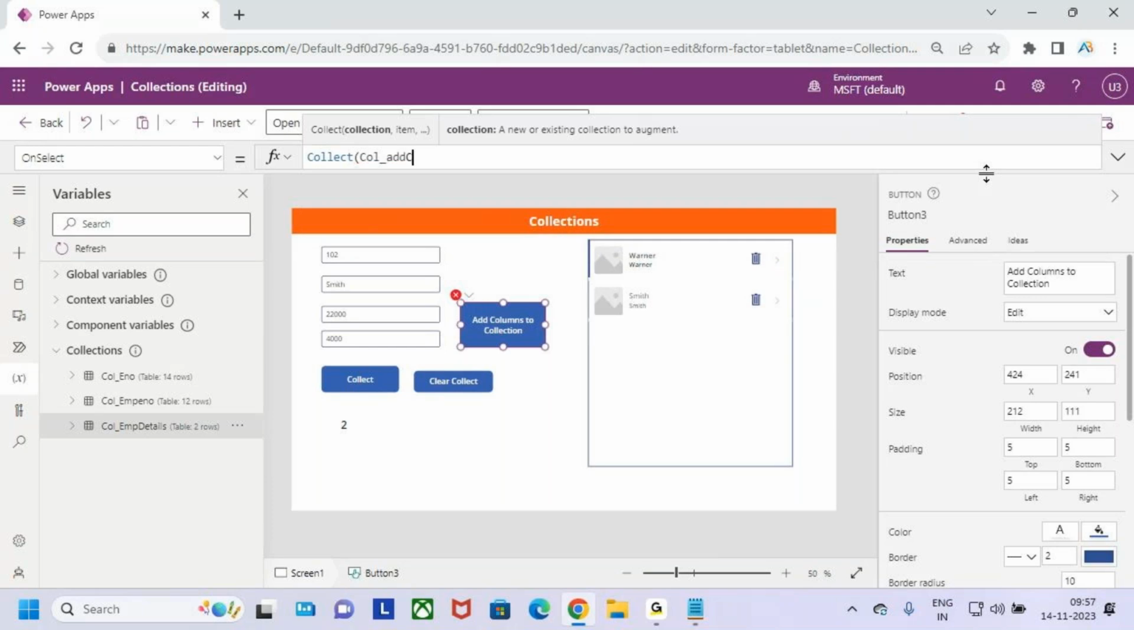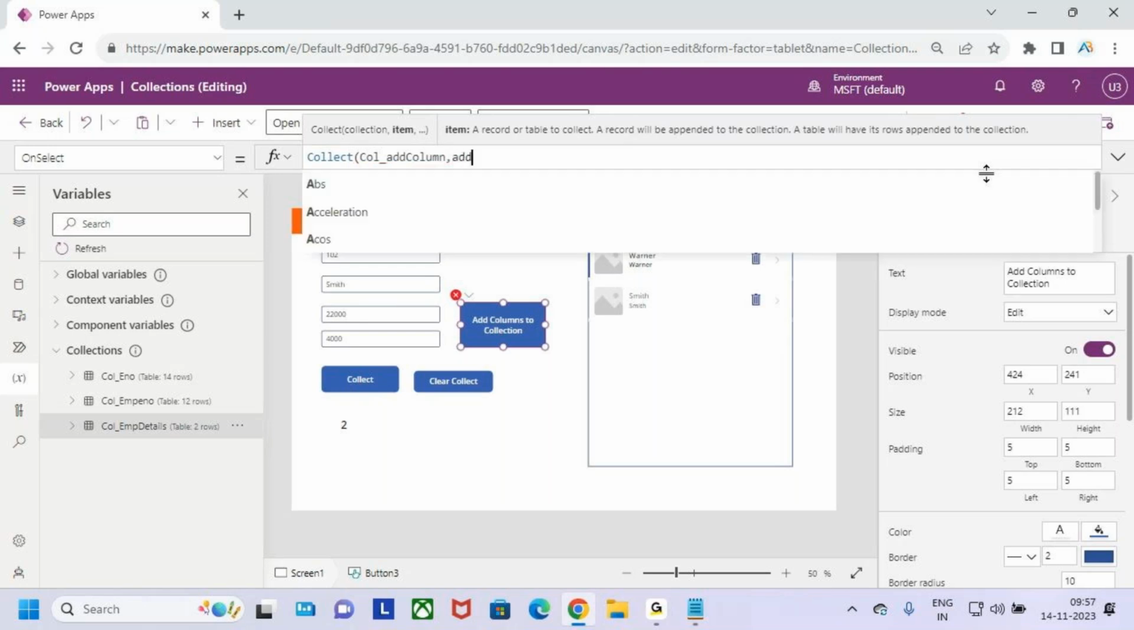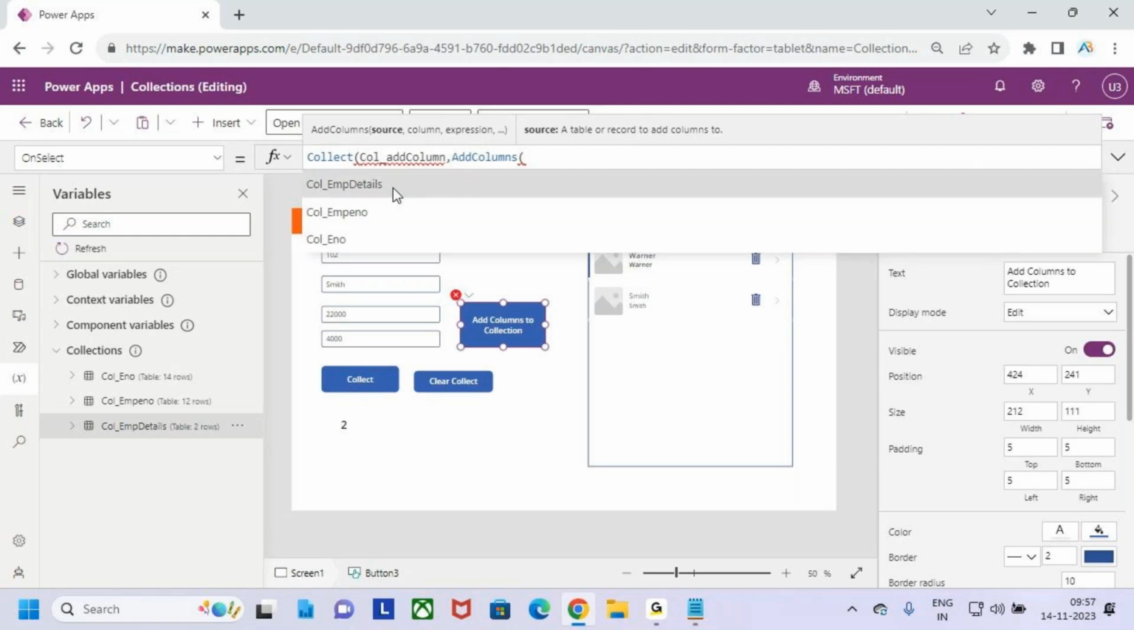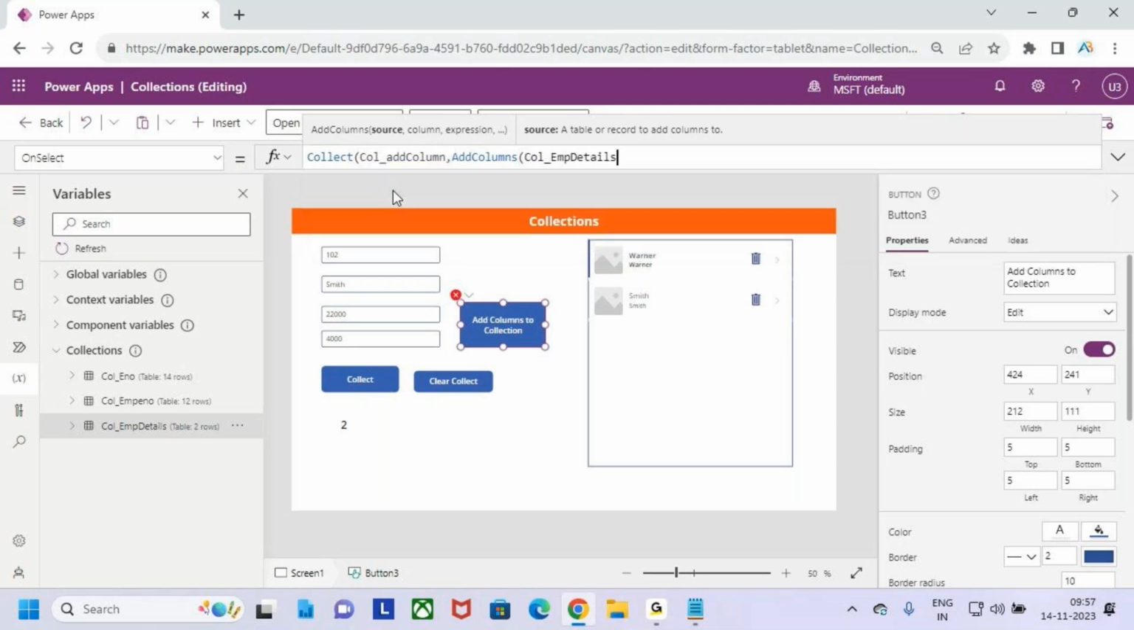I'm passing the collection name as collect add columns. Then within the items I'm adding one function called AddColumns. Now I want to add a column to a collection. To which collection? EMP details. Now what is the column you want to add? I want to add the column called total